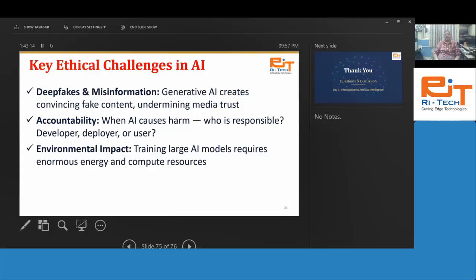Europe and America have plenty of very cool land, ice, but still they are throwing data centers out because they know they are harmful for the environment. They are impacting the environment. So this is again one challenge of AI. Training large AI models requires enormous energy and compute resources. Okay. Now this